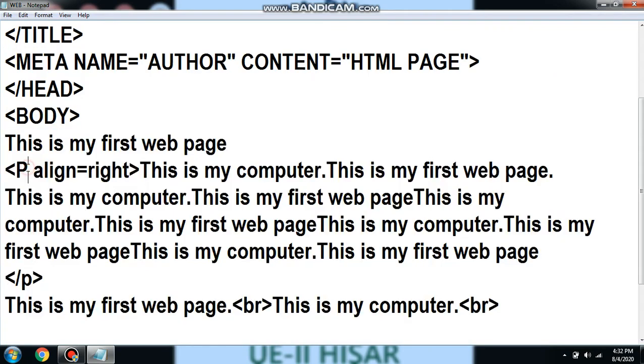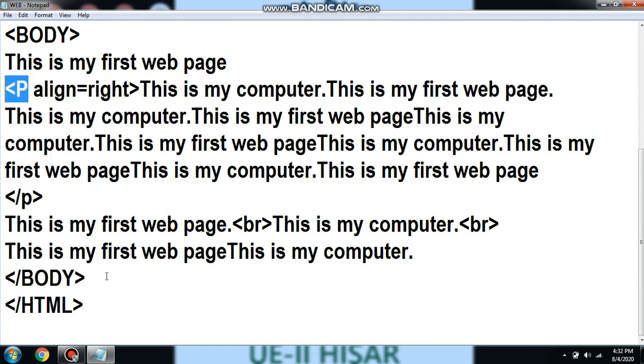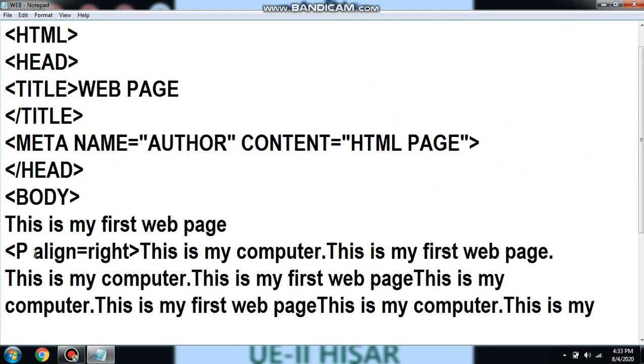So in last class we have done p tag and br tag. You know the difference between br and p. P tag is used for inserting a new paragraph. Br tag is used to insert a new line. Paragraph tag will insert a paragraph along with paragraph settings. So all these things we have done in last class. Today we are starting the next topic, that is inserting a blank space.